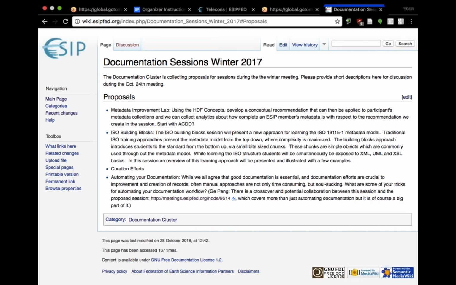you may have seen before on the NOAA wiki for ISO, the ISO Explorer.